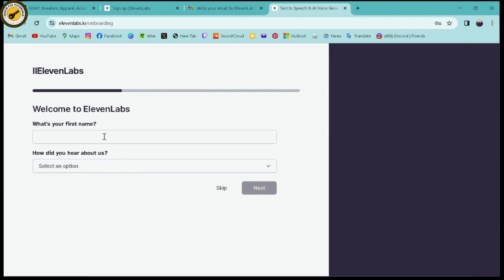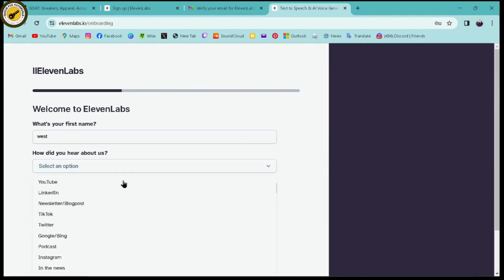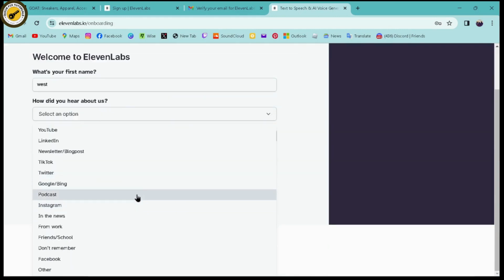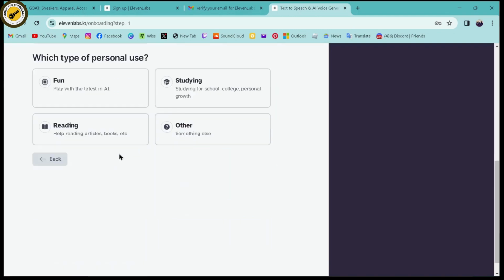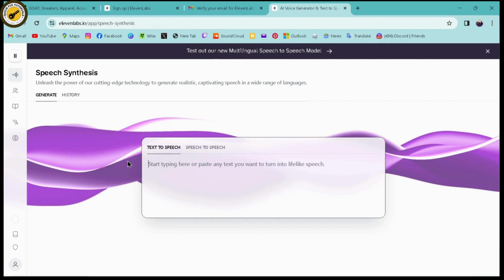So you need to enter your name, and then you need to select an option. Where did you hear about ElevenLabs? And then click on next and choose the option which you are comfortable with. And then that's it. That's how you create your